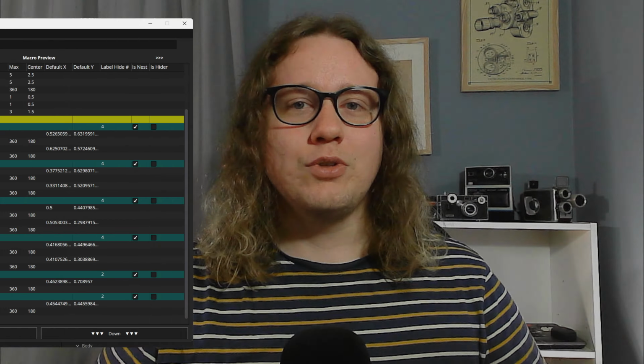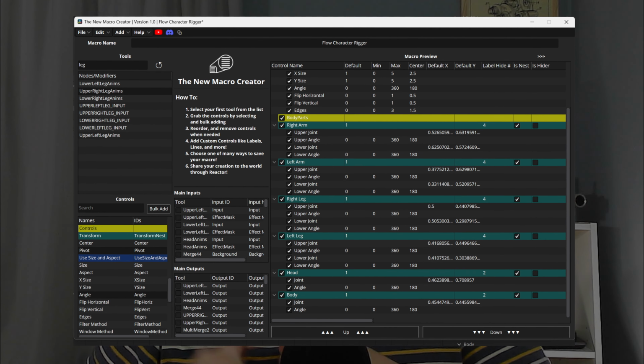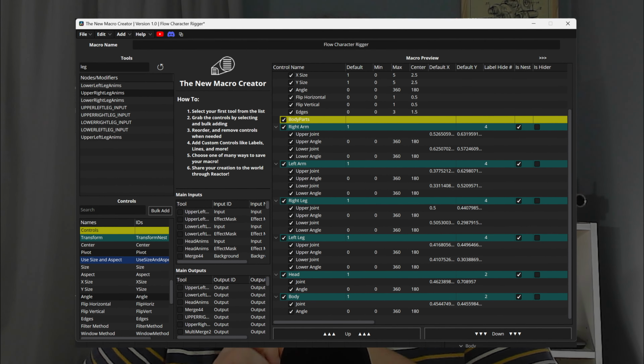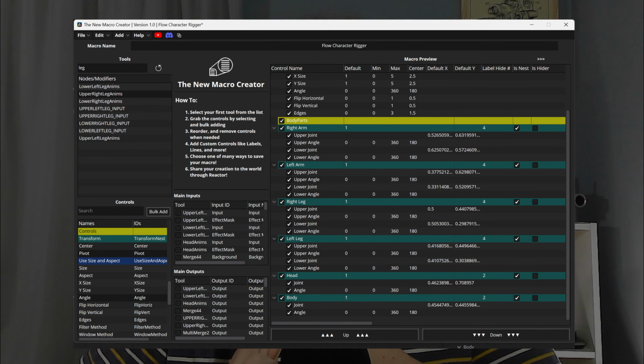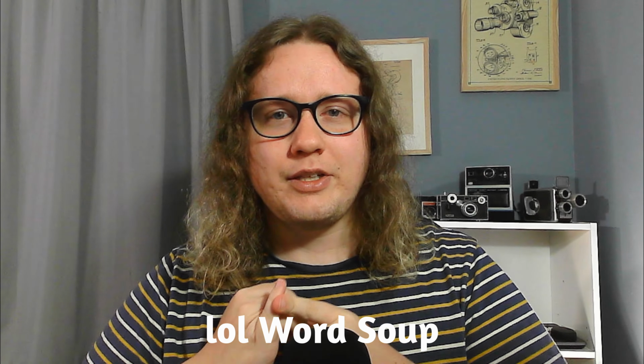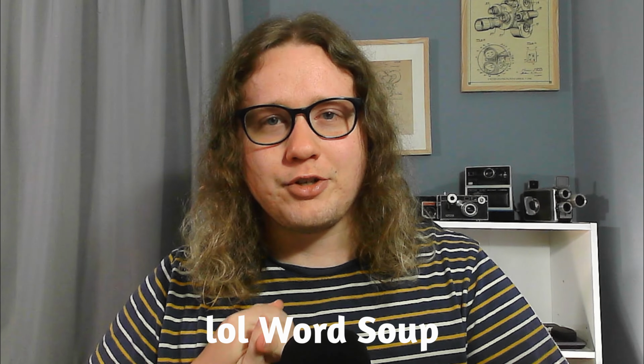Making templates and presets for DaVinci Resolve is a pain. Let's change that. I created a tool called the new macro creator, and it allows you to create macros in a fraction of the time. This tool is revolutionary. You're able to grab controls in any order, reorder them as much as you want. You're able to make controls super easily and quickly and easily reorder and organize all of your controls in an